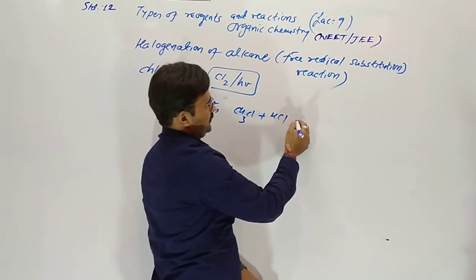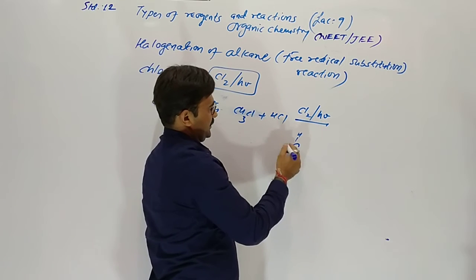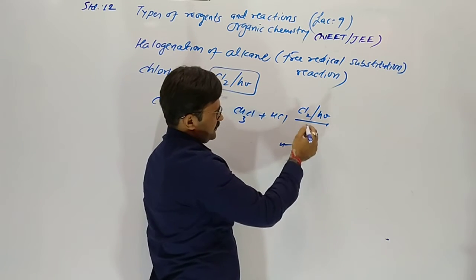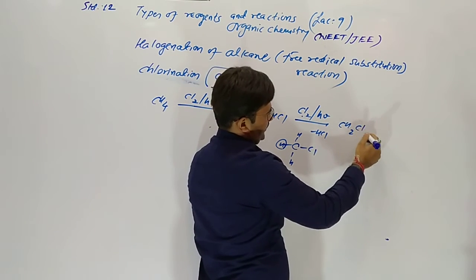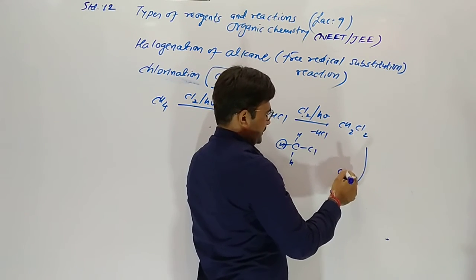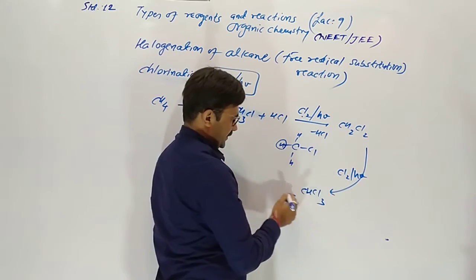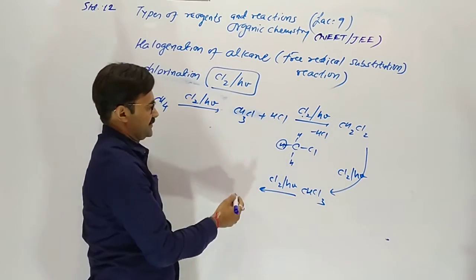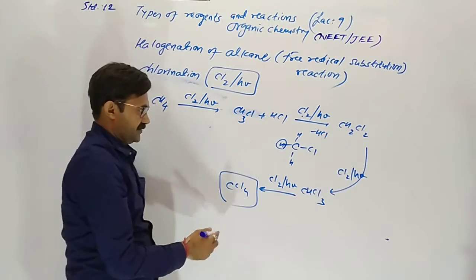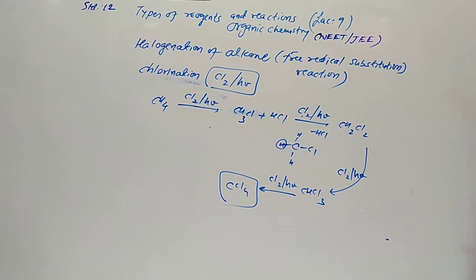If more chlorine is present, one chlorine takes hydrogen, giving HCl and CH2Cl. Now chlorine with sunlight gives CHCl. Once again the reaction occurs; if excess chlorine is given, then it gives a mixture of chloroalkanes.